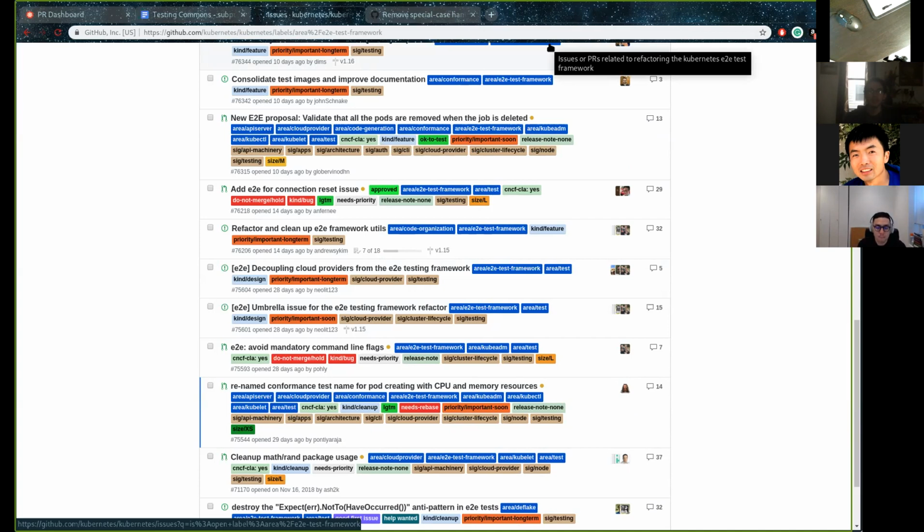It's meant to do that on purpose to simplify things for the user, because the sheer number of flags that actually exists inside of the end-to-end testing framework is phenomenal, in my opinion, because it exposes all of Ginkgo as well as all of the other parameters that are kind of riddled throughout the tests without us having a centralized